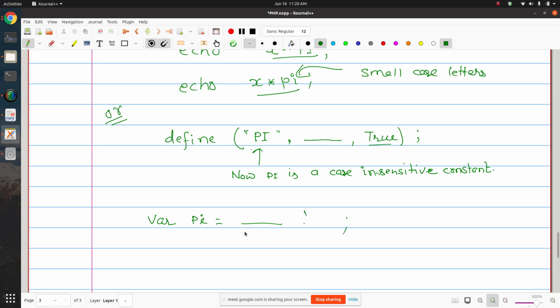Then why is it necessary to define a constant? Can somebody tell me why we don't use this kind of thing for defining constants like pi or something else? Will anyone tell me?